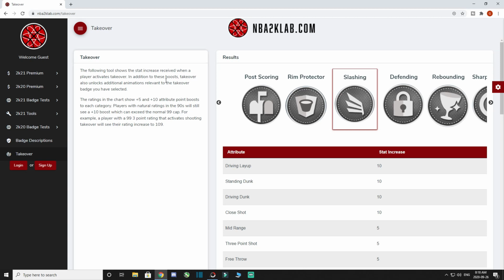But we're not actually on the game today. We're on this website right here, NBA2klab.com. This is a really good website for any NBA 2k21 player to check out. It has premium services, which is basically breaking down jump shots. It has badge tests, but what we're going to be focusing on today in this video is the takeover tab